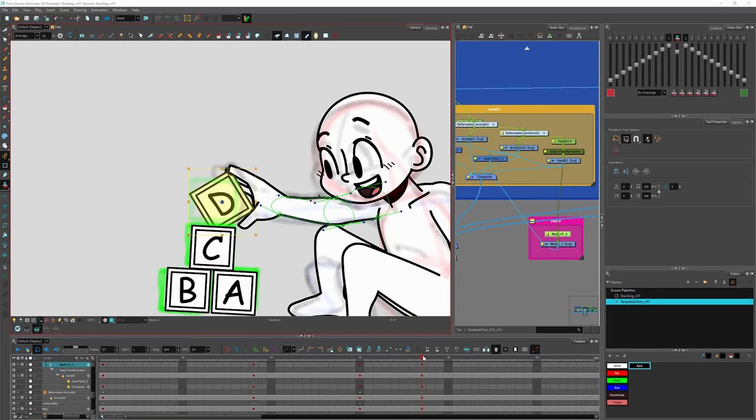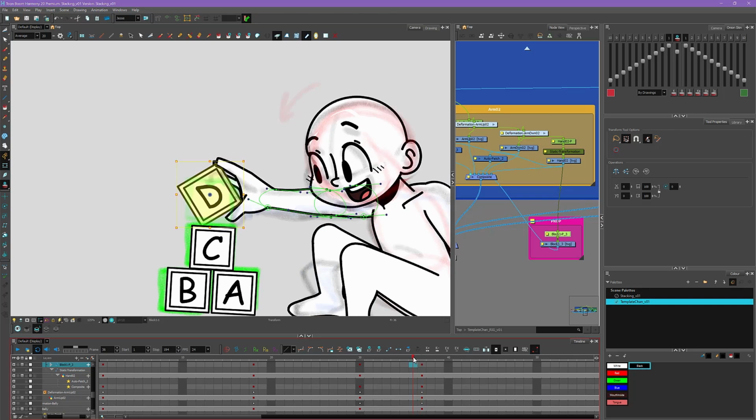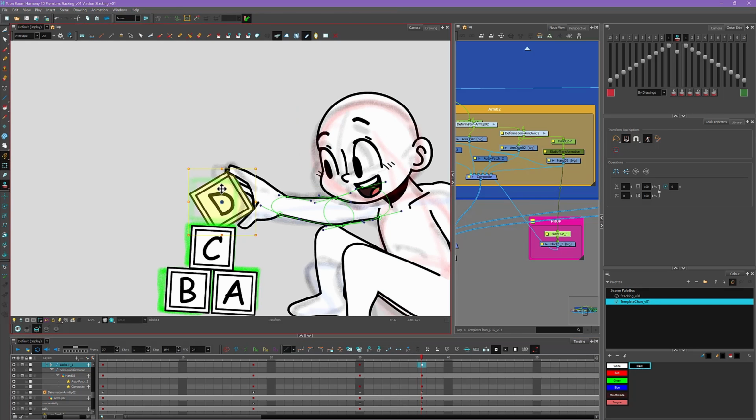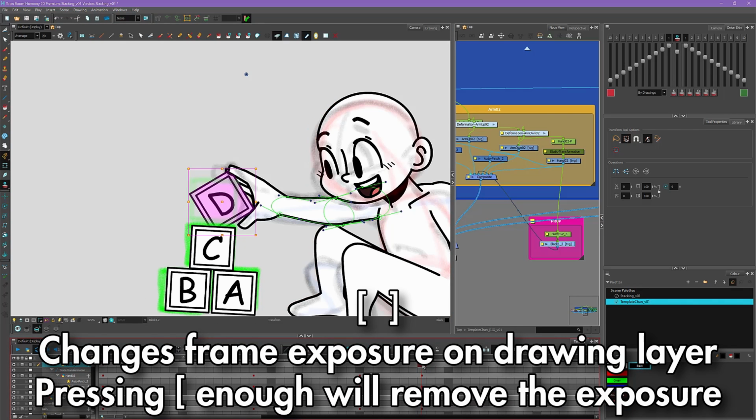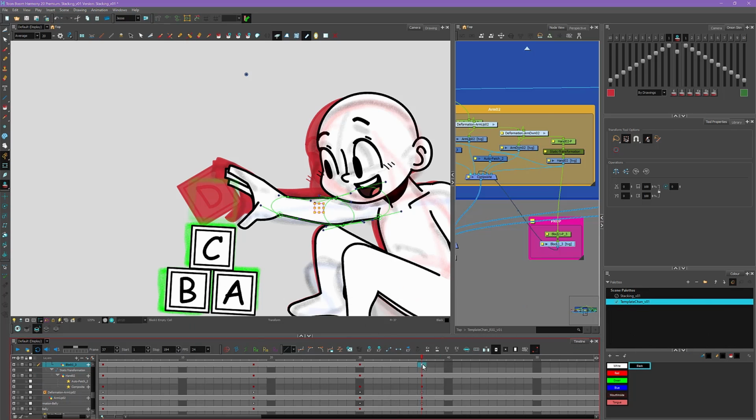Alright, so for this keyframe, I want to have him drop the prop off on this space, right? So we need to remove the prop from his hand and have the prop appear where the blocks are. So to do that, I'm going to have two different props. We're going to have the one that's attached to his hand, and then we'll have a different one appear above this block right here, and we'll have that happen on the same frame. So for this block, I'm going to select its drawing layer, press O to navigate to it, and then I'm going to select this frame and use my brackets to go left until the frame disappears, and you'll see the frame disappears down here in the timeline.